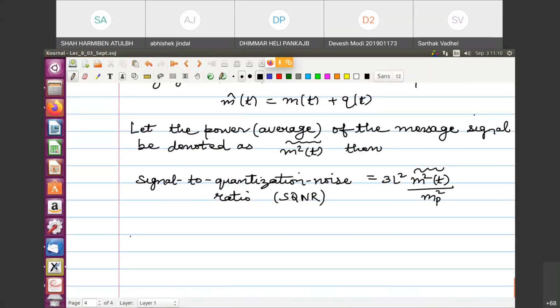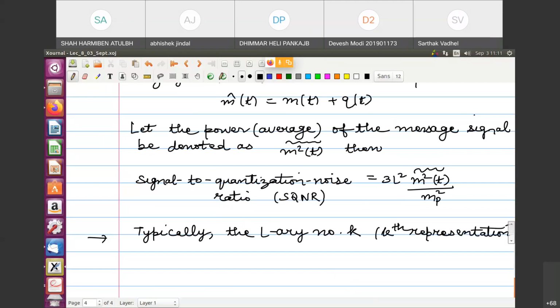So typically, let me write it down. Now we are done with this. So typically, the L-array number K. Why am I saying L-array? Because K takes the value from 1, 2, 3, 4 up to capital L. So the number of possible values of K is L, and that is why it is called an L-array. So the L-array number K, that is the kth representation level of the quantizer